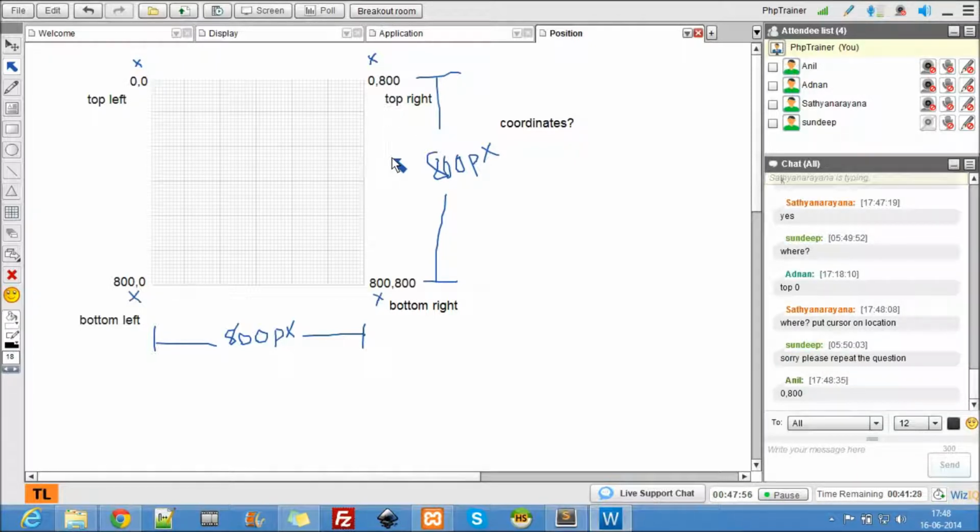0 and 800. What is the value of top and right there? The same location. What is the value of top and right? What is the value of bottom and right? What is the value of bottom and right here? Minus 800 actually it is. Okay, so fine, you guys are doing fantastic there. Now that you know the coordinates here, now tell me.